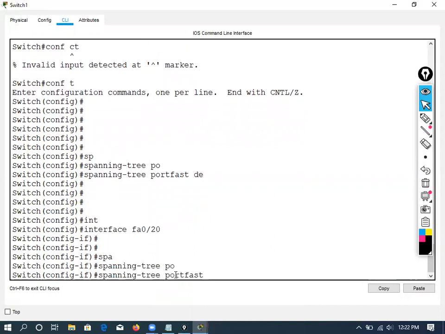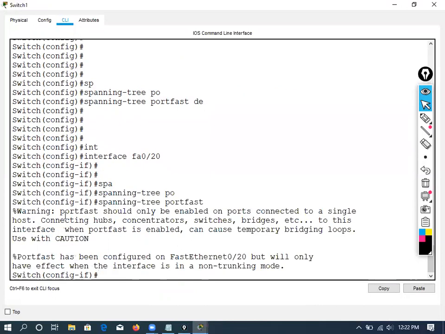Hit enter, it will pop up a warning message, not an error message. Have a look here. Warning. Portfast should only be enabled on ports connected to a single host. Connecting hubs, concentrators, switches, bridges, etc. to this interface when portfast is enabled can cause temporary bridging loops. Whatever loop I said, when we start STP topic, that will happen here.